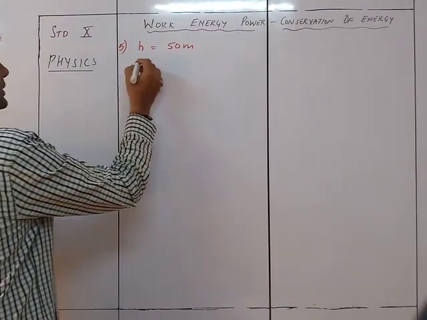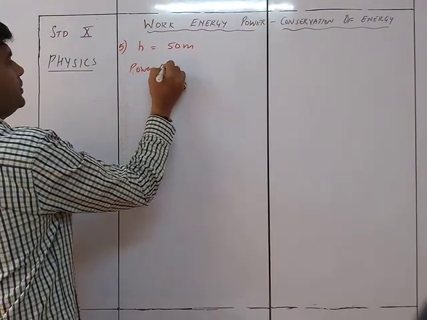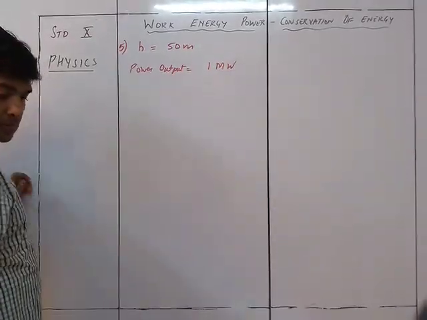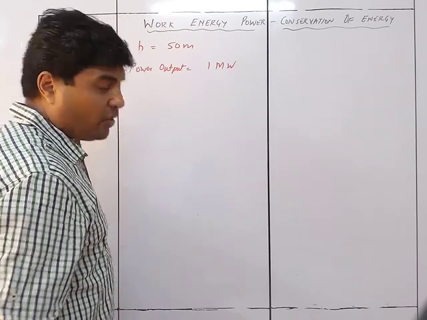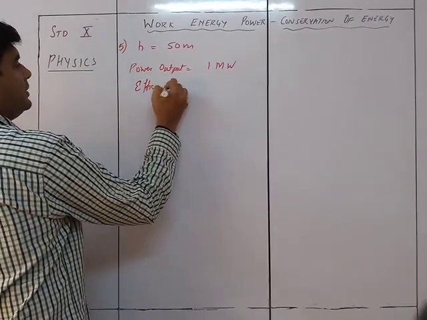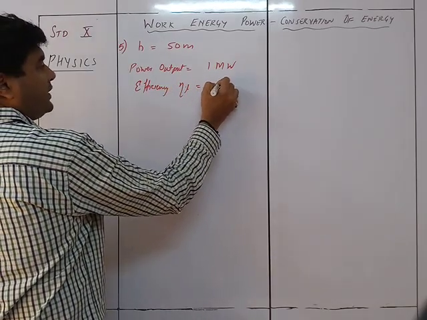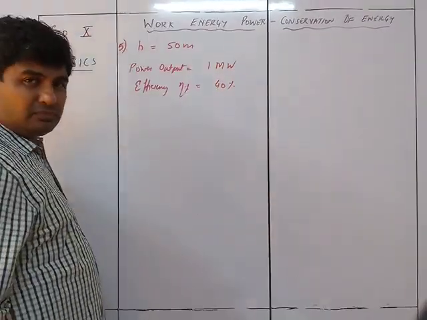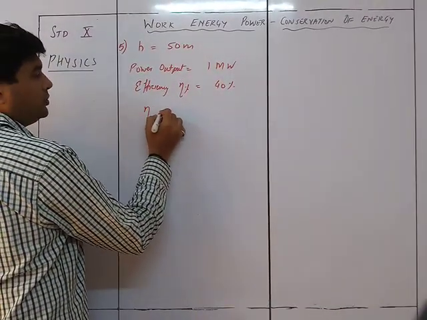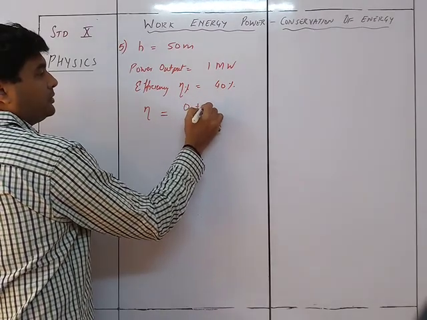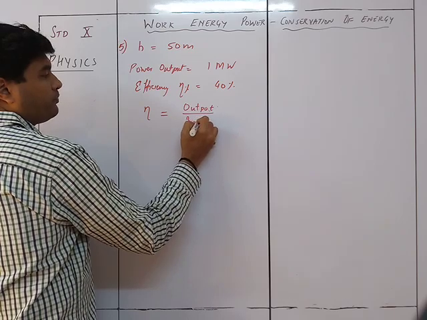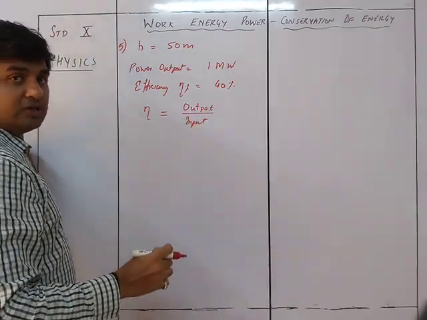So we have over here that power output is equal to 1 megawatt. They are given the efficiency as 40%. So efficiency is equal to 40%. Okay. Now efficiency formula, efficiency is equal to output upon input. So we need to find out the input first, because